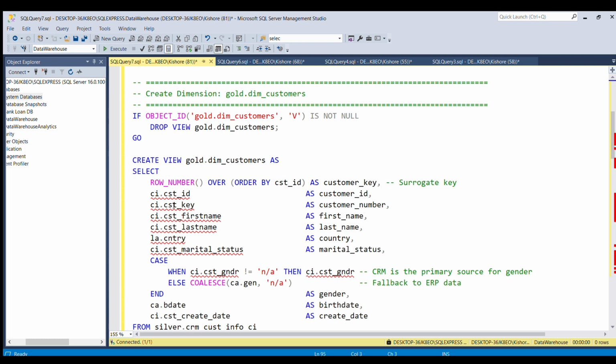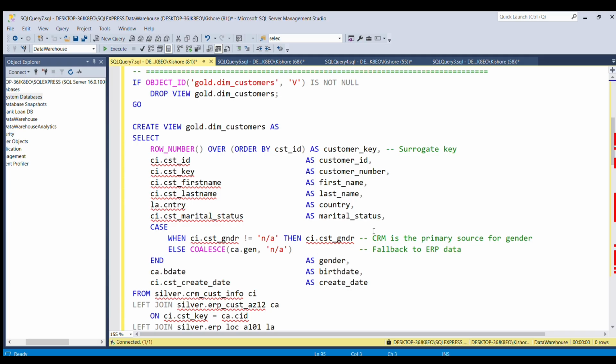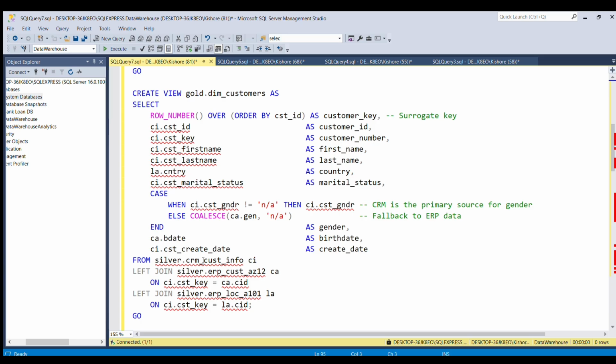We have to select the table and the customer ID, CST ID, as customer ID, and CST key as customer number, CST first name as first name, CST last name as last name, and country, CNTRY as country, and CST marital status as marital status. CRM is the primary source for gender, so it falls back to the ERP system. So we are casting: case when CST gender is equal to none, then we get it from the ERP system. And birth date is coming from the